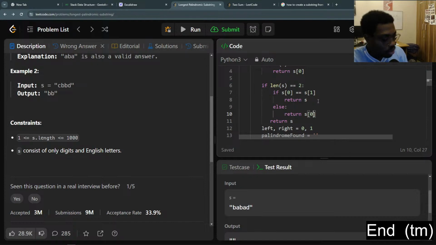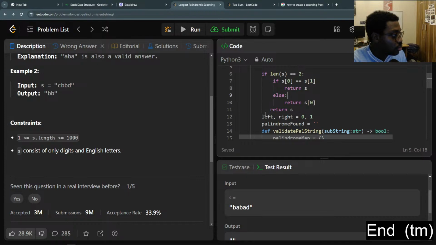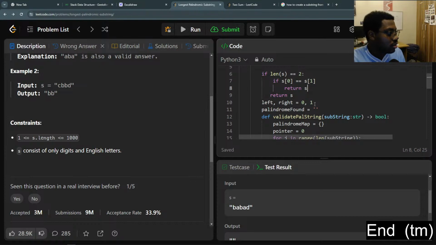Okay, just this. I think this is okay. So I don't even need this else condition, but at the end of the day I can just return it as s at 0 if they are not the same. Alright,